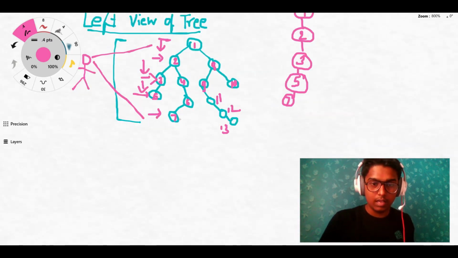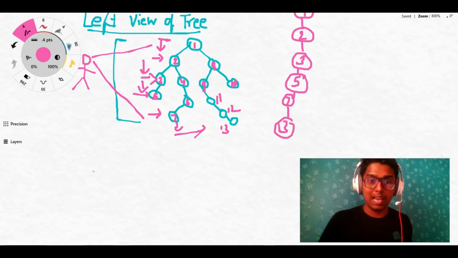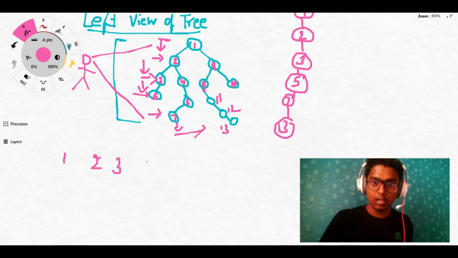Now again, after he goes downward, he will be seeing 13, right? So I can say that the left view of the tree will be 1, 2, 3, 5, 7, and 13, right?